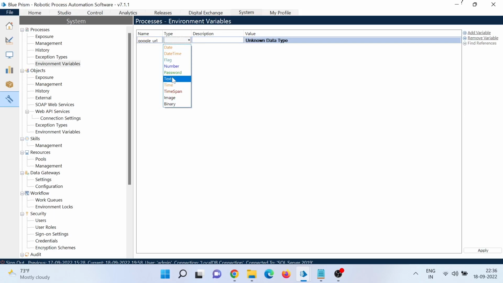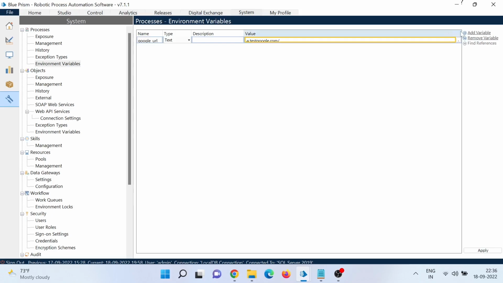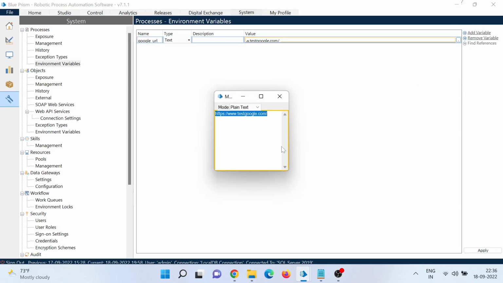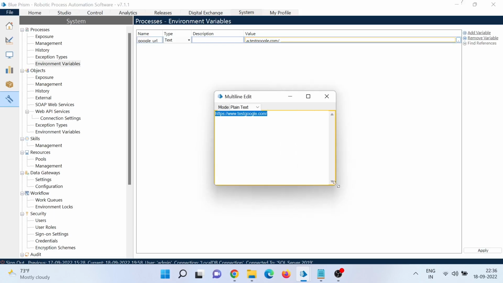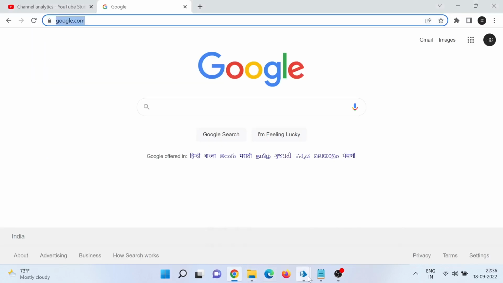Since I'm in development, I'll do the development and use the test version of this Google. There is some sort of visibility issue, so let me open it here. This is what I have used, right? So apply. Sorry. Now if I go here